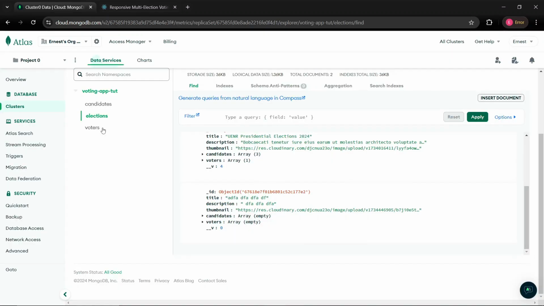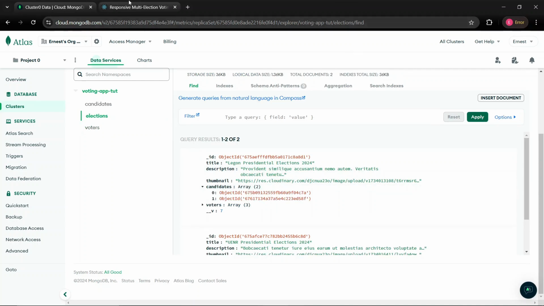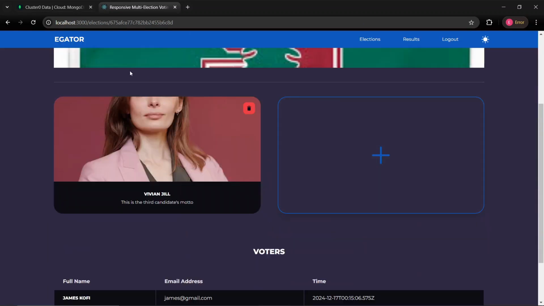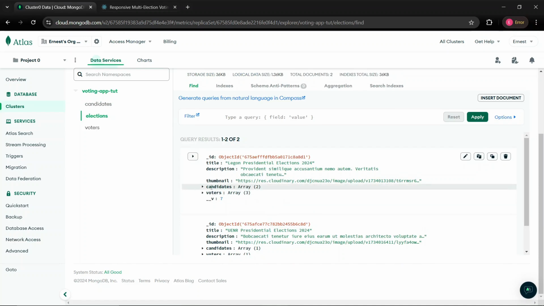Okay, so even if we check the elections right now, you can see there are 3 candidates in here, but now there are 2. Okay, I can go ahead and delete one more person, and now if I refresh the elections page, we have,